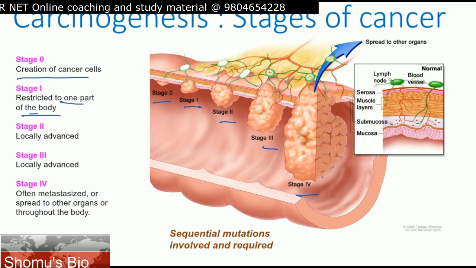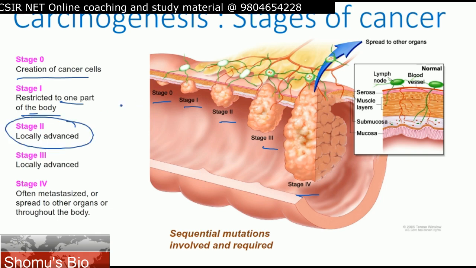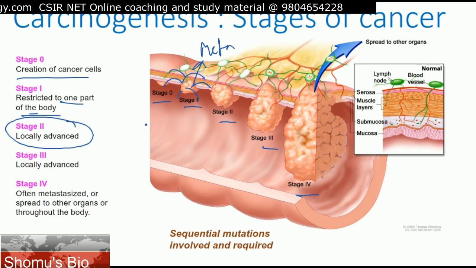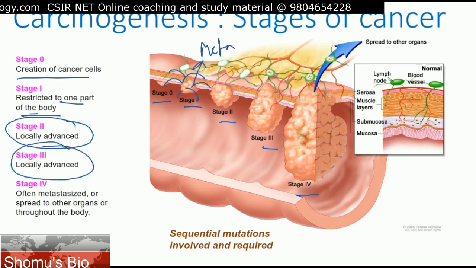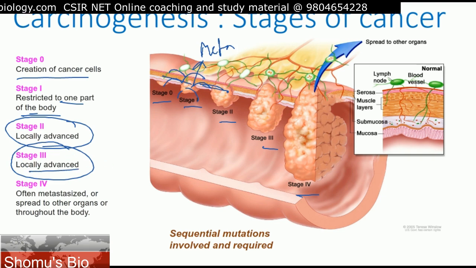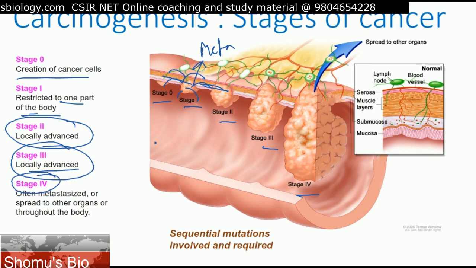So the cell is not transferred from one place to the other. Now stage 2 is a situation where the cancer cells start to achieve the metastasis feature. So they start to migrate to the local regions of their tissue. Then stage 3 is locally advanced, so the cells start migrating a little farther, and then stage 4 is the final